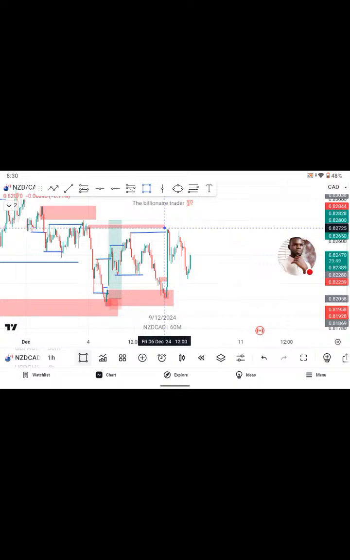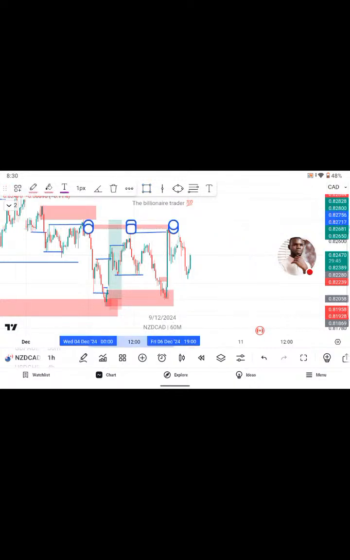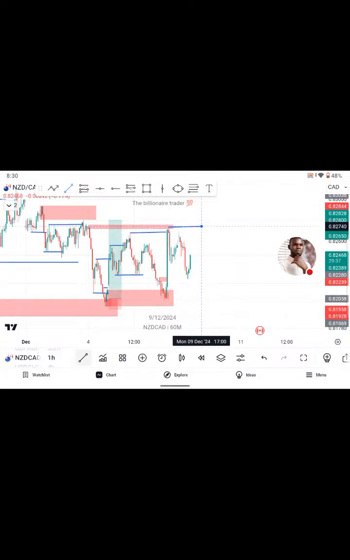Price mitigates here. So we have this high being taken out already. So if price should take out this high too, giving us the second area, then I will be expecting from that area to this area to be our POI, and this low will be available as a